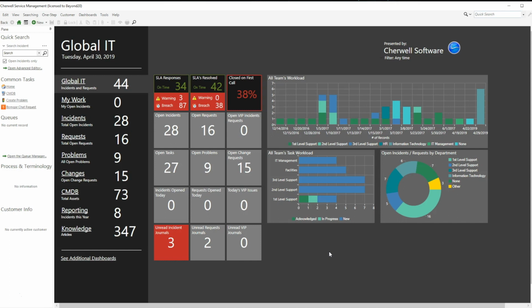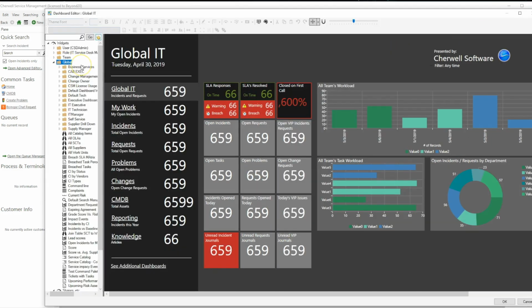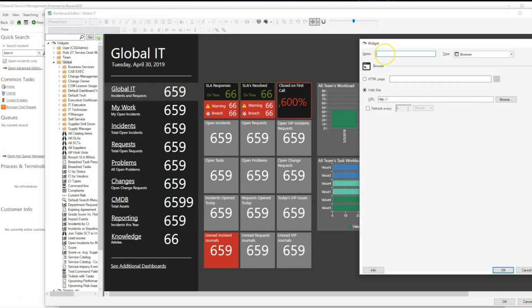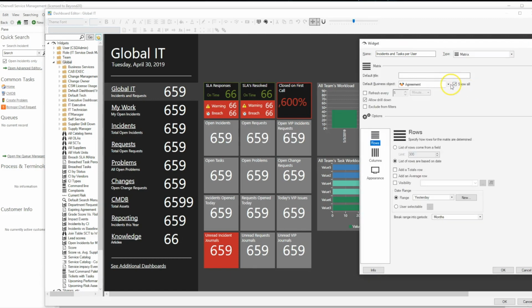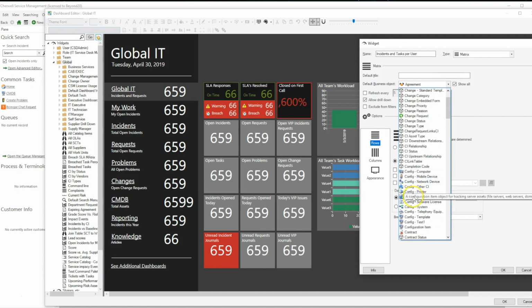To get started, we are going to be in our Blue client, and we are going to edit the Global IT dashboard. Create a new widget. I'm going to make a widget that displays the sum of incidents and tasks for each user in the system. To get started, I will give it a name, and I will select a type of matrix. I will select a primary business object of incident,